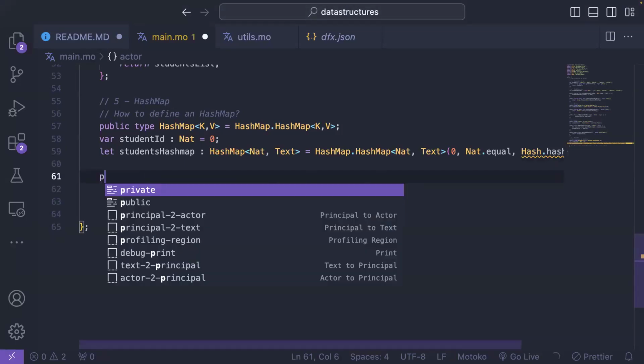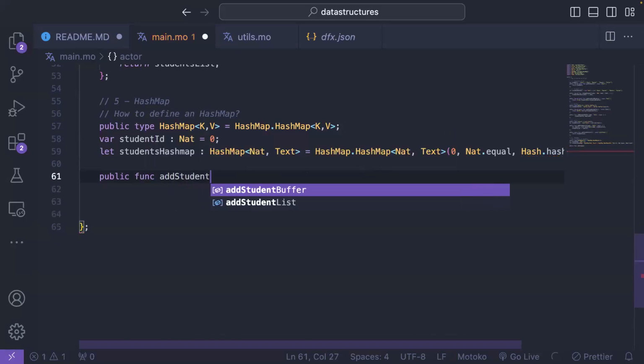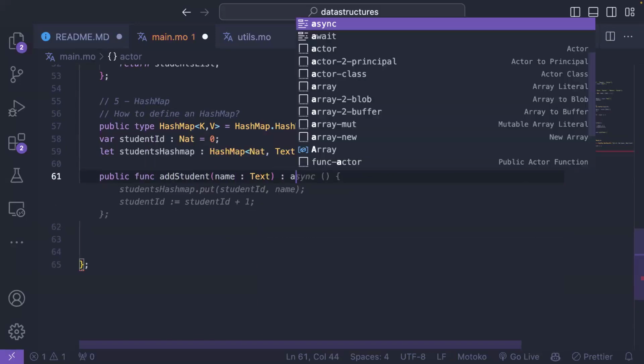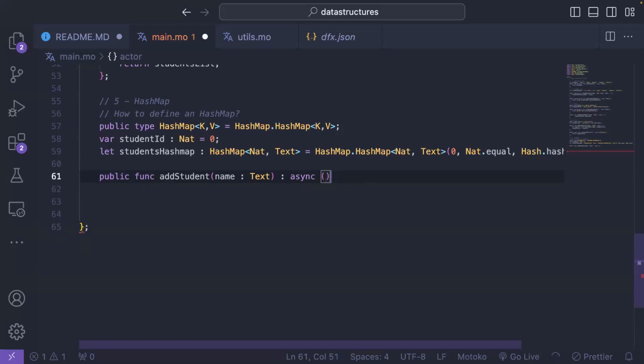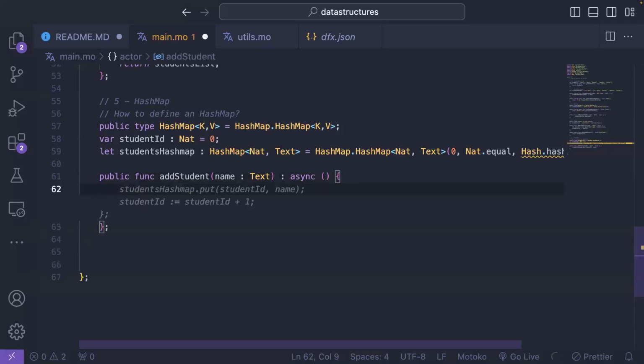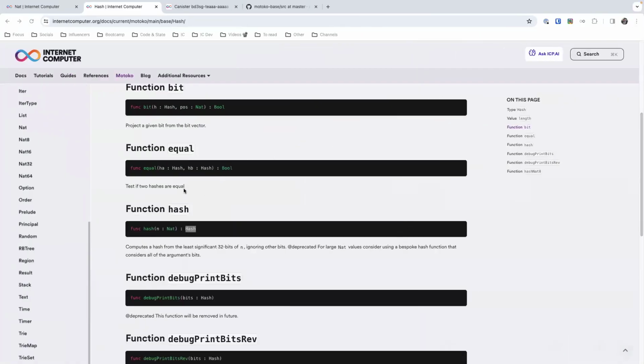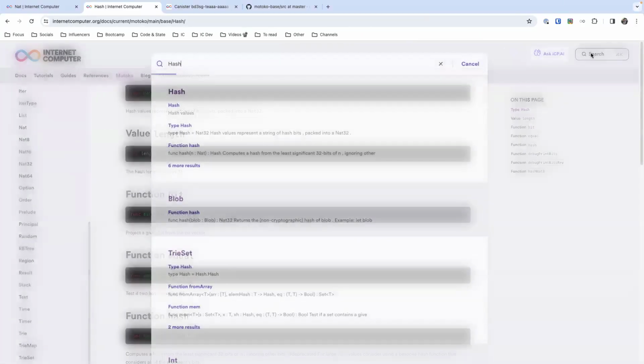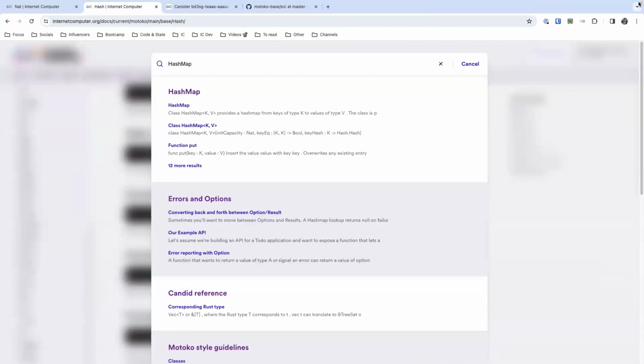Public function add a student, so a name, and then we return nothing, so we just add it. Good job to ChatGPT, so to Copilot. That's exactly what I was looking for. So students hashmap.put. Hashmap is also a class, just like buffer was. And so we have the .put method,